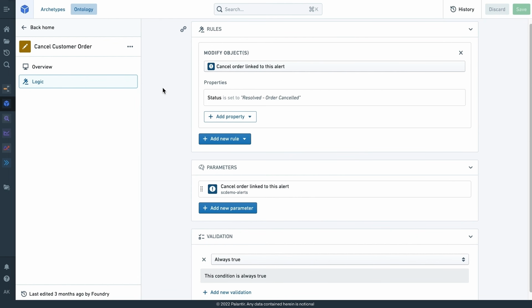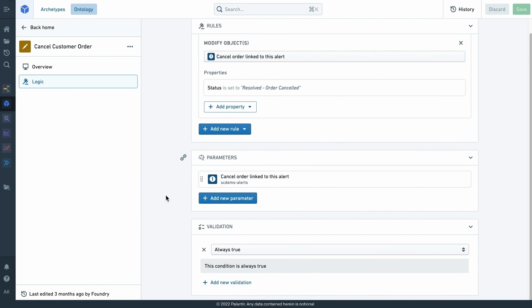And so that means that every application builder isn't implementing their own version of what it means to cancel a customer order. They simply use this action out of the library, and it knows intelligently how to modify different objects. It knows what sort of precautions to take. So if I'm a junior employee, when I click cancel customer order, it's aware of who I am, and it has to get approval from my manager before it actually gets confirmed.